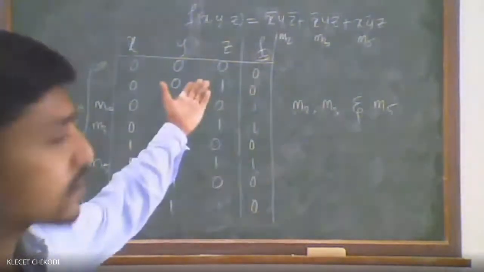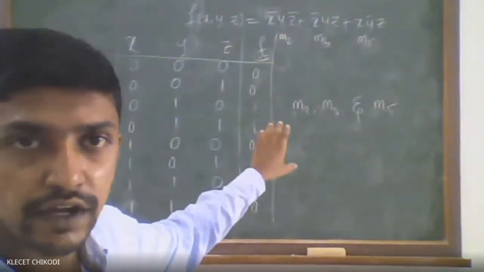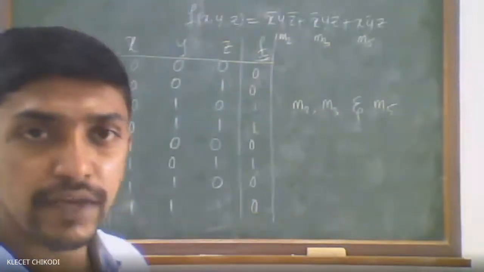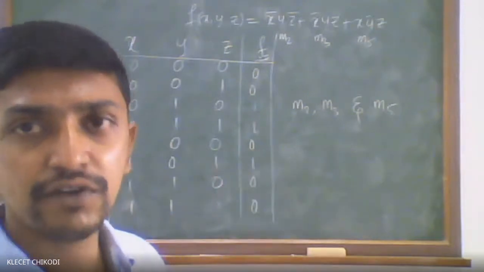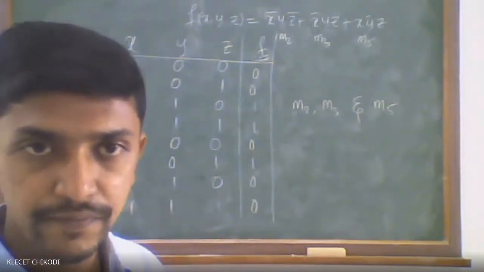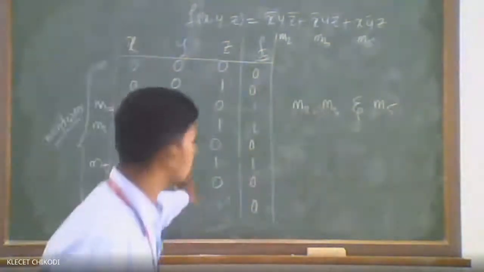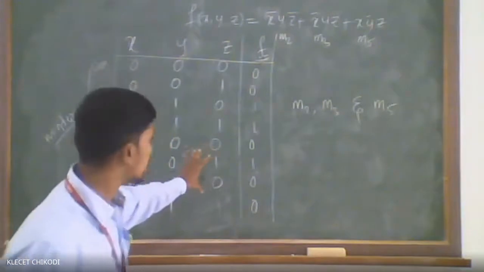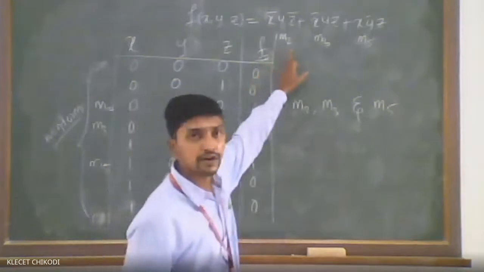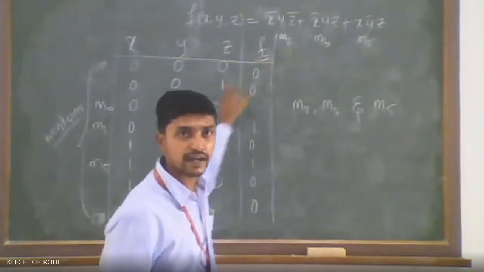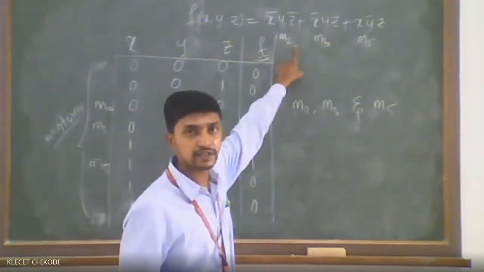You can write it as x bar or you can write it as x dash also. So whichever is convenient. If the question they have given is in terms of x dash, you have to write in terms of x dash. If they have given in terms of x bar, y bar, you have to write in terms of x bar, y bar itself. Okay. So this is the Boolean expression you have got from the truth table. The question they have given is this truth table. From this truth table, we have written the Boolean expression. First, we have identified the min terms here, and after that, we have written the Boolean expression.